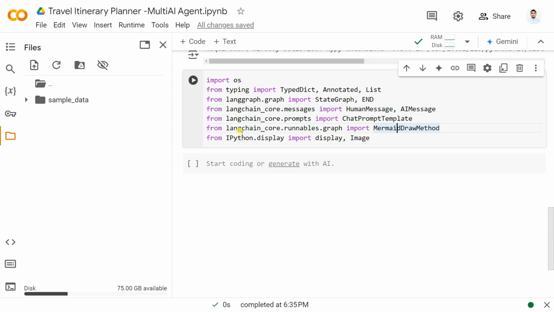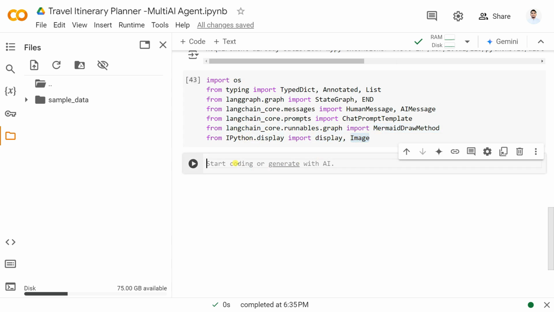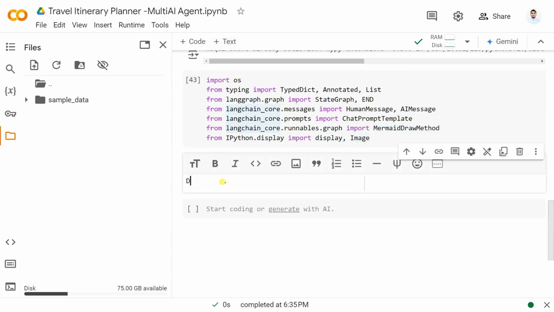इसके बाद हमने लैंग चेन कोड से एक ग्राफ को इंपुट किया है, क्योंकि हमको भी एक ग्राफ क्रिएट करना है जो आप स्लाइड में देखा है, जो आप डिस्कस किया है ना कंपोनेंट में उसमें। इसके बाद हमने डिस्प्ले और इमेज को भी इंपोर्ट किया है क्योंकि हमको वो डिस्प्ले भी करना है बस। नाउ वी सिंपली गोइंग टू डिफाइन आवर एजेंट फर्स्ट। सो लेट्स डिफाइन द एजेंट।